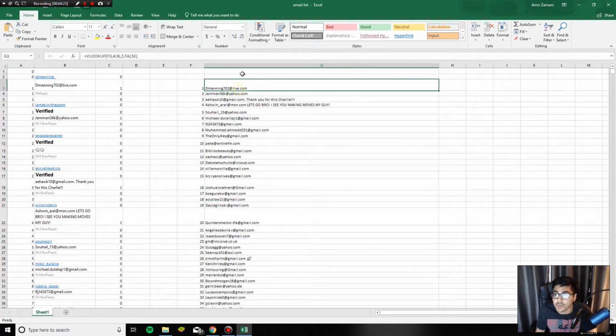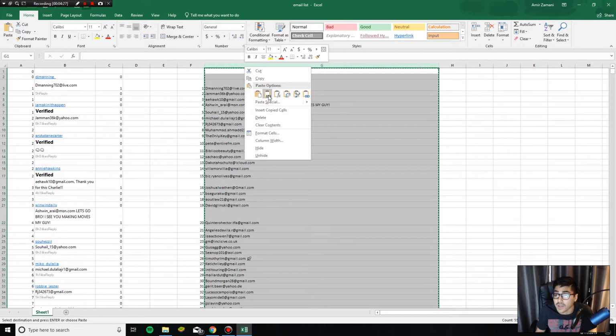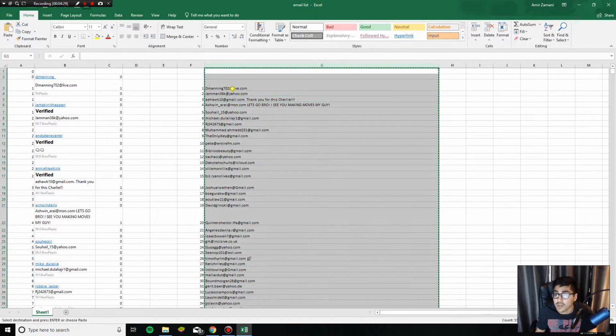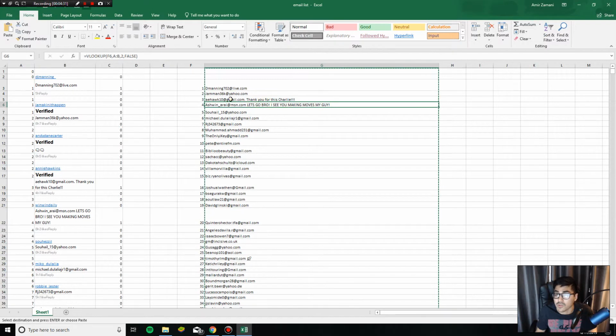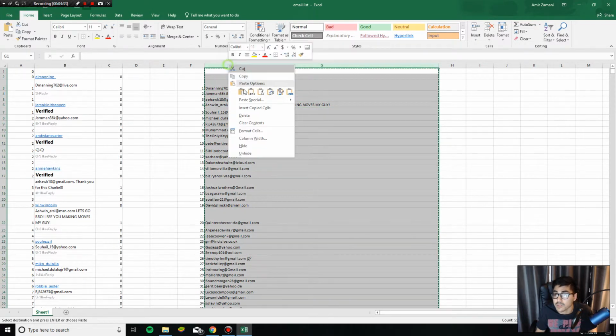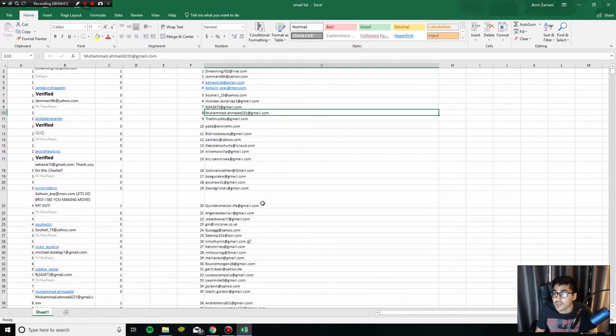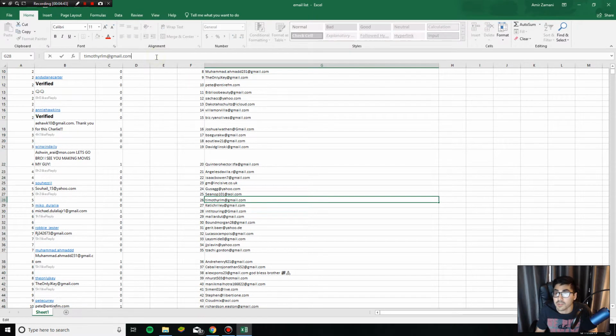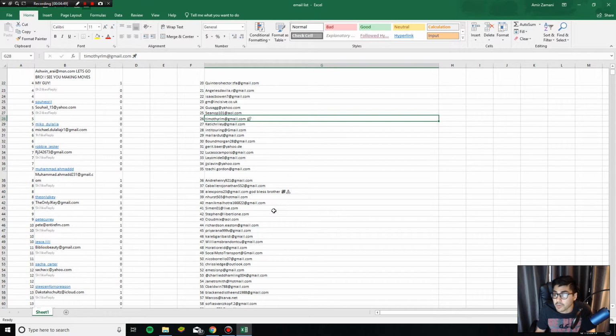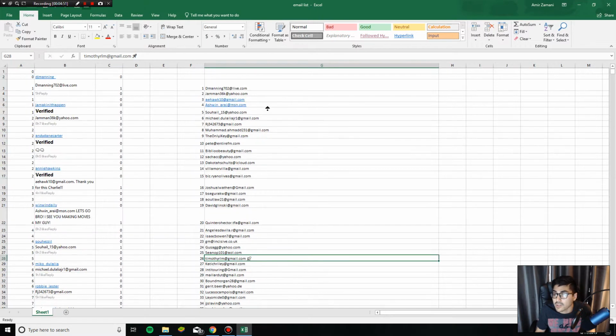The next thing you probably want to do is paste this as values, because if it's not a value, you can't edit the individual contents since it's still a formula. Paste it as a value, and then you can parse out some of the unusable data, like people adding extra stuff that isn't their email. Delete that stuff. If you see a constant, like a ton of people posting this spaceship probably in hearts, you can go ahead and